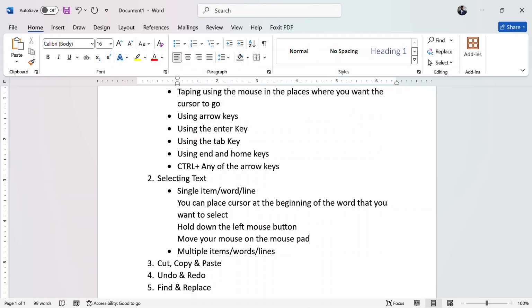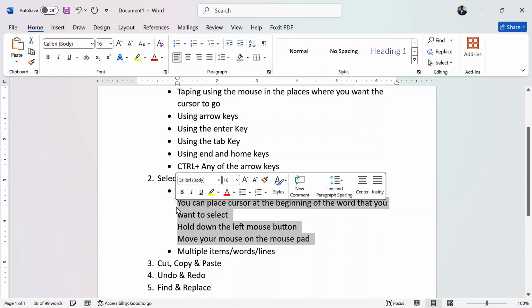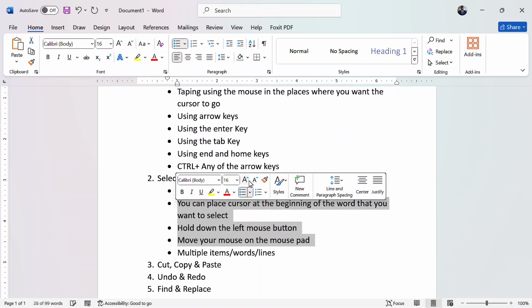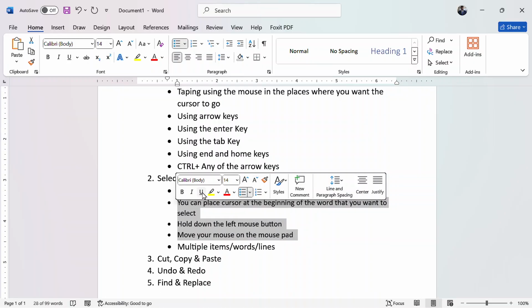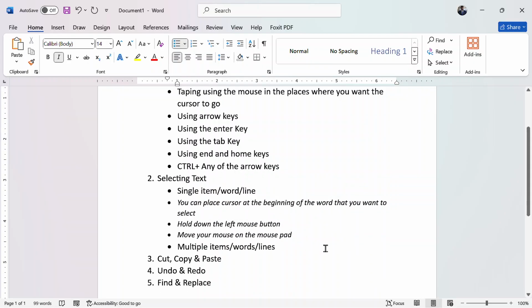This moves the cursor, and as the cursor is moving, it selects all the words that it goes over. Are we together?